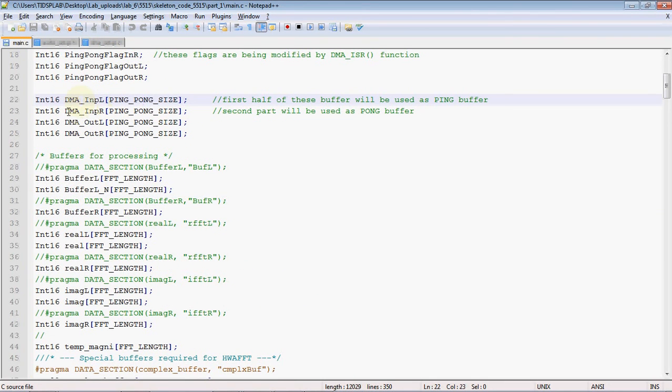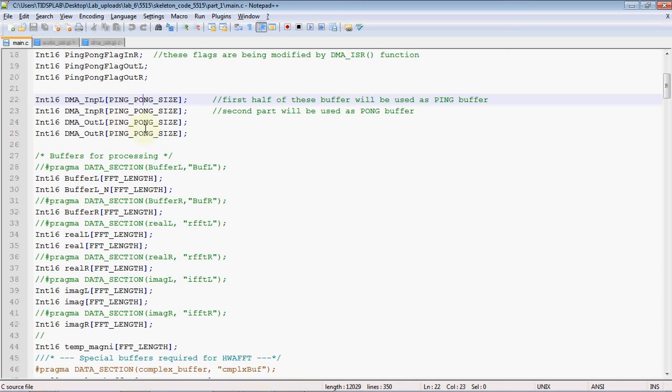Then channel 3 of DMA0 copies data of the right receive register in the AIC 3204 codec to the DMA input R buffer, and channel 1 copies data from the DMA_out_L buffer to the left transmit of the AIC codec, and so on.